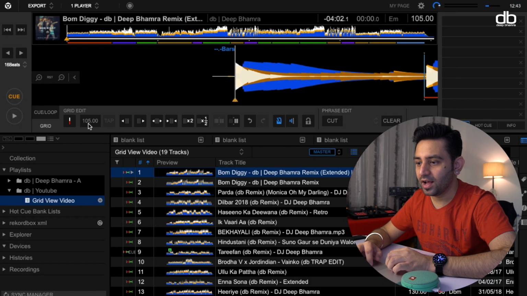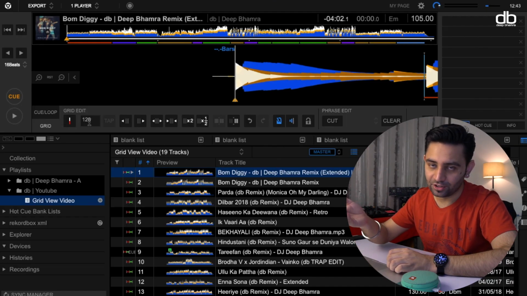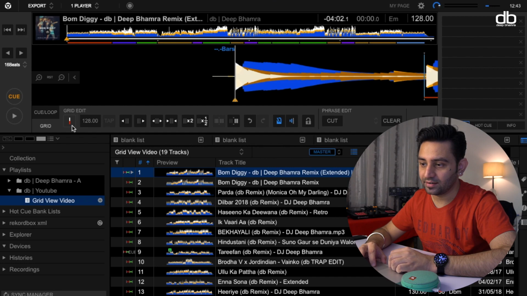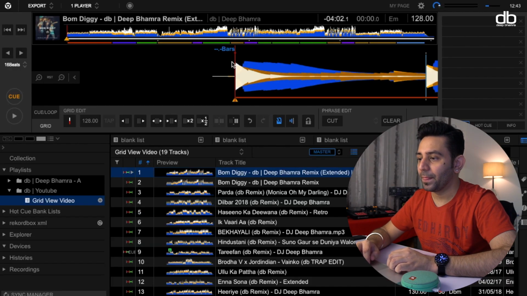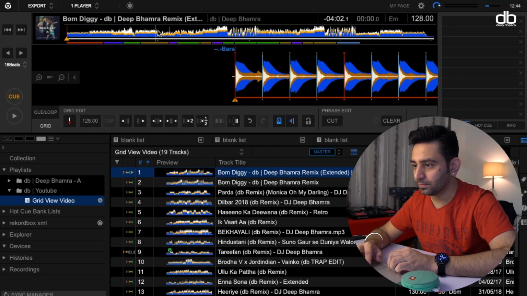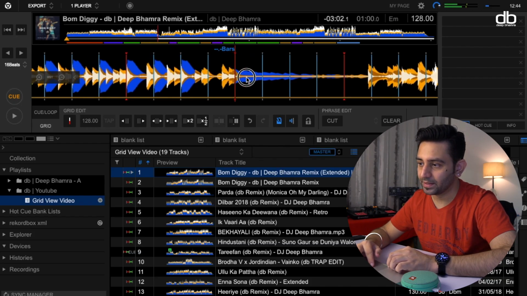After you set Q, you have to set the BPM at 128 because it begins at 128. Click enter and then click on this red and white bar, which means set the first beat of a bar to the current position. Click that, and that is when Rekordbox will know that this is the beginning of the phrase, beginning of the track. Okay, and that is how this section till the breakdown will be at 128 BPM.